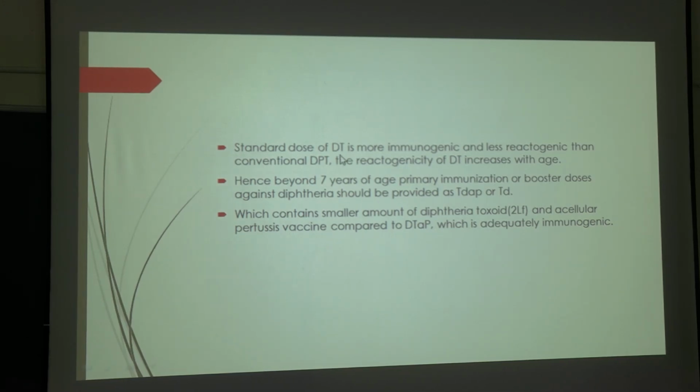That standard dose of diphtheria toxoid is more immunogenic and less reactogenic than conventional DPT. The reactogenicity of the diphtheria toxoid increases with age. That's why beyond 7 years of age, primary immunization or booster doses against diphtheria should be provided as Tdap or